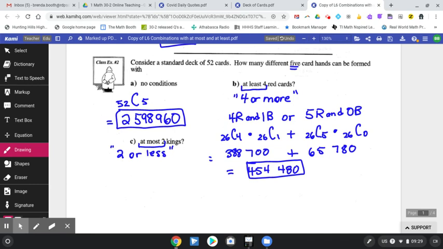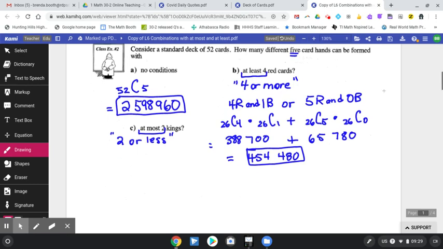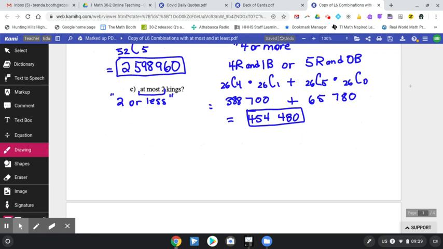So we have to make sure, of course, that we understand what it means to have at most 2 kings. So let's look at our scenarios here. 2 or less kings. So I'm going to start with the lowest number of kings that we could have. I think I'm going to need just a little more space here. So the lowest number of kings that we could have, and this one is often forgotten about, we could have